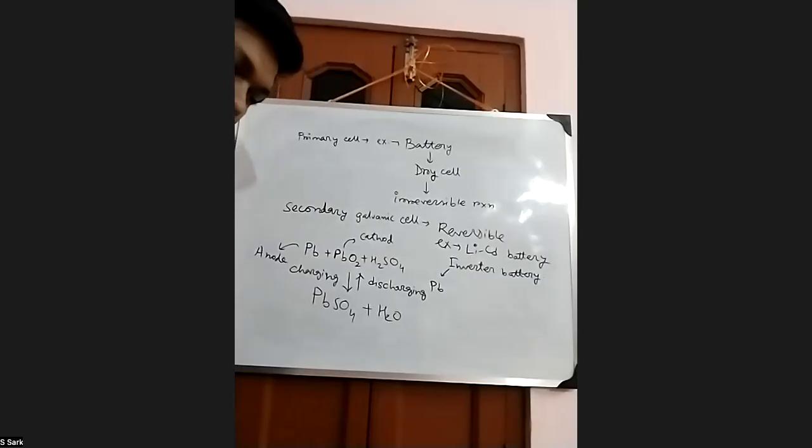Okay, sir, the drawback for the electrochemical cell, like the primary galvanic cell, is that it can be used only once, and we cannot use this primary cell again and again like a secondary galvanic cell. A secondary galvanic cell has a reversible reaction which can be used for a long time, but in a primary cell, once the reactant fully goes to completion of the reaction, then the primary galvanic cell becomes completely useless. So these are the limitations of the primary galvanic cell.